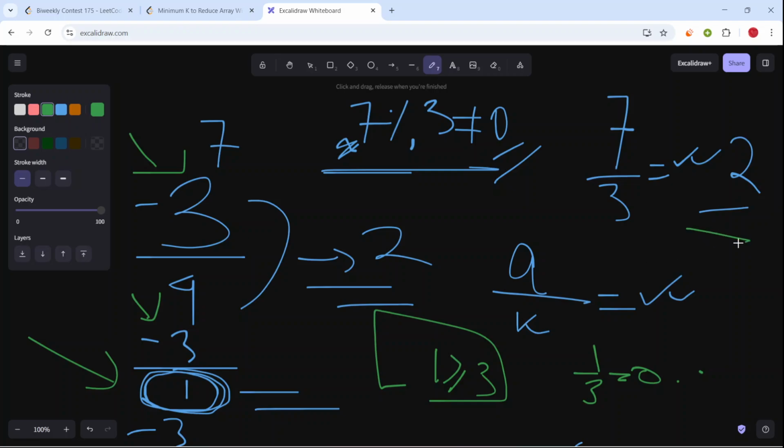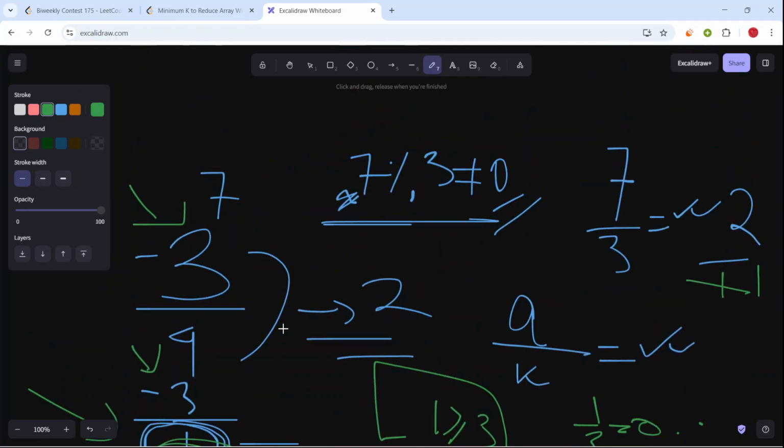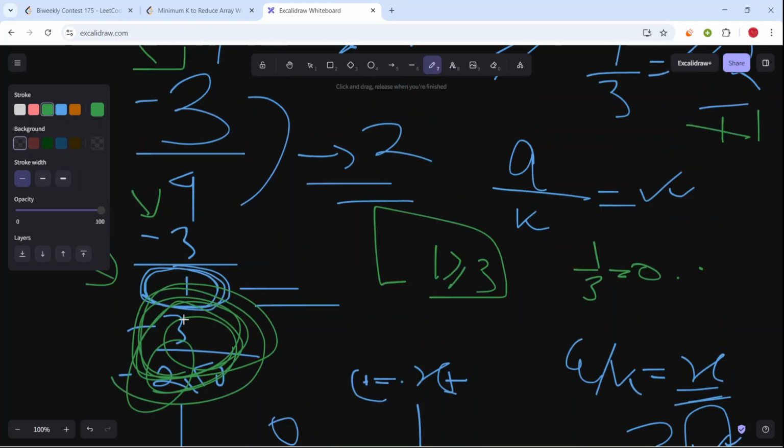So we have to add one more operation every time. So plus 1. Why one more? For this condition, you guys can see, I have added 1. I have subtracted 3 here from 1 so that it becomes less than or equal to 0. So